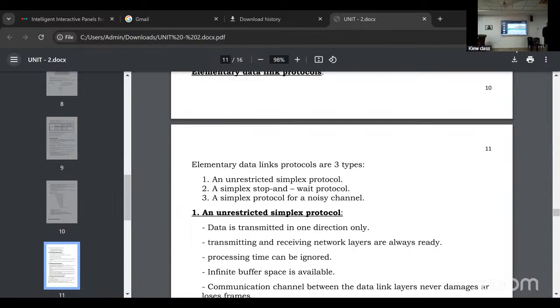What is the point-to-point protocol? In the third unit: what is MAC? How many channel allocations are there? What is pure ALOHA? What is slotted ALOHA? What is CSMA? What is CSMA/CD? What are the techniques? What is TDMA? What is FDMA? What is IEEE 802? This kind of 1 mark or 2 marks questions will be asked.